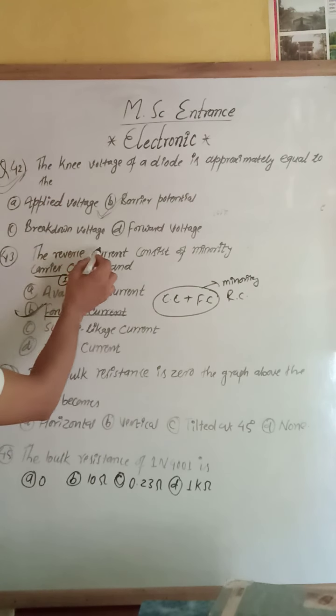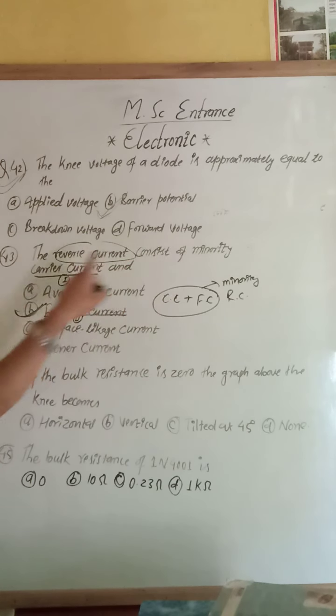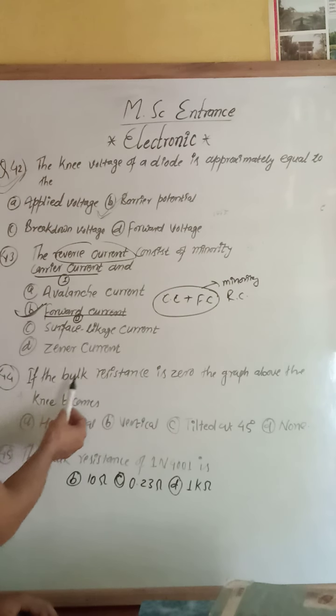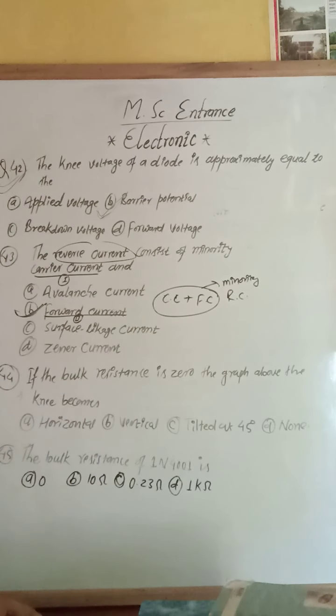Reverse current contains two components, one is the minority carrier current, and the next one is forward current. Similarly, we have the next question: if the bulk resistance is zero, the graph above the knee becomes...